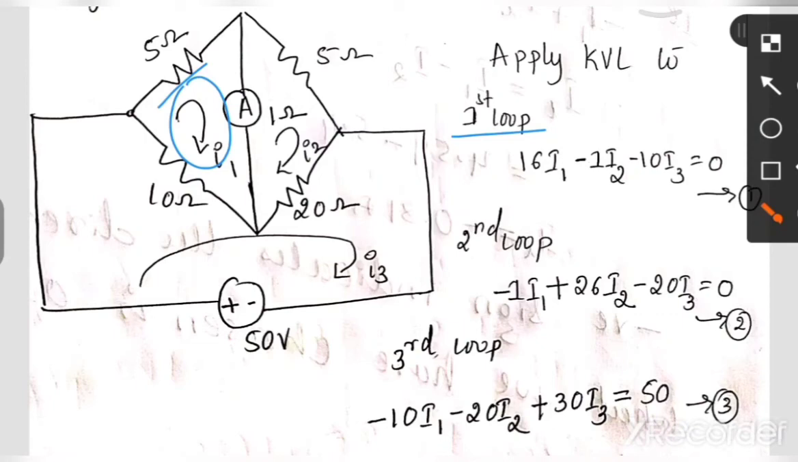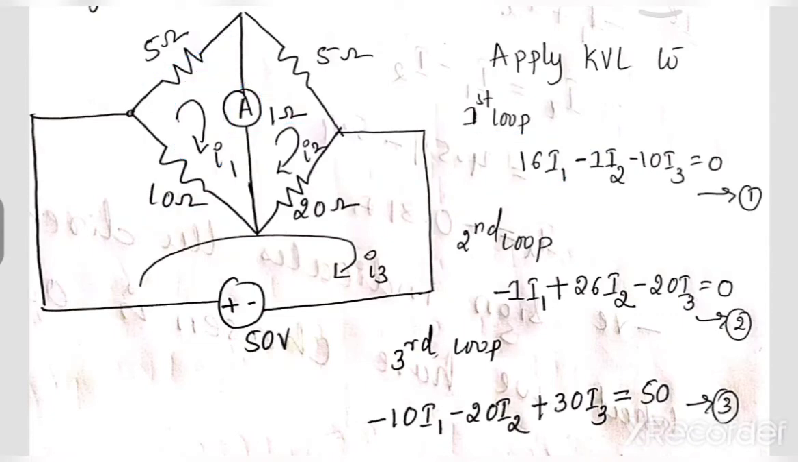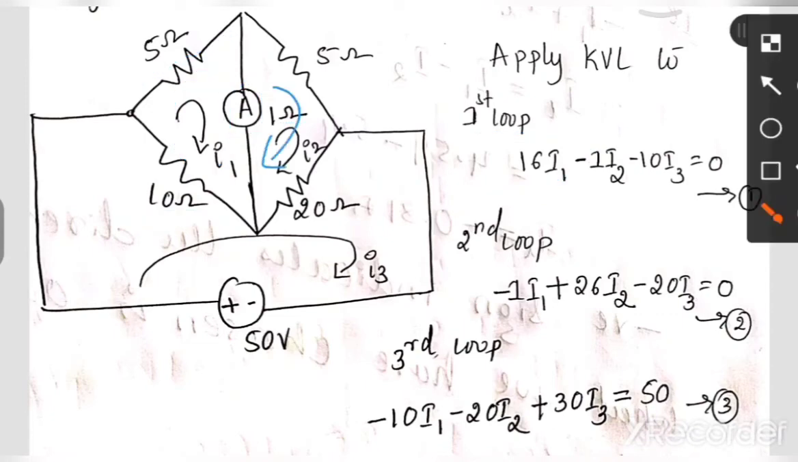You are in the first loop. In the first loop, how many resistances are there? 5 ohm, 1 ohm, and 10 ohm. In total it is 16 I1, and the 1 ohm is between I1 and I2, so it is minus 1 I2, and then the 10 ohm is minus 10 I3, equal to 0. Next, second loop, directly we are going to write the KVL, that is minus 1 I1,